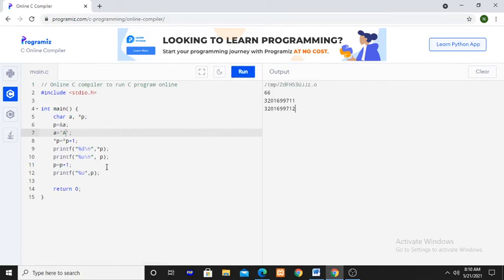Like that, you can do the addition operation and the increment operation on pointers also. Like normal variables, you can increment pointer variables, you can perform the addition operation also, you can increment this by 10 also. So the previous value is 65, now it is 75, 10 is incremented.